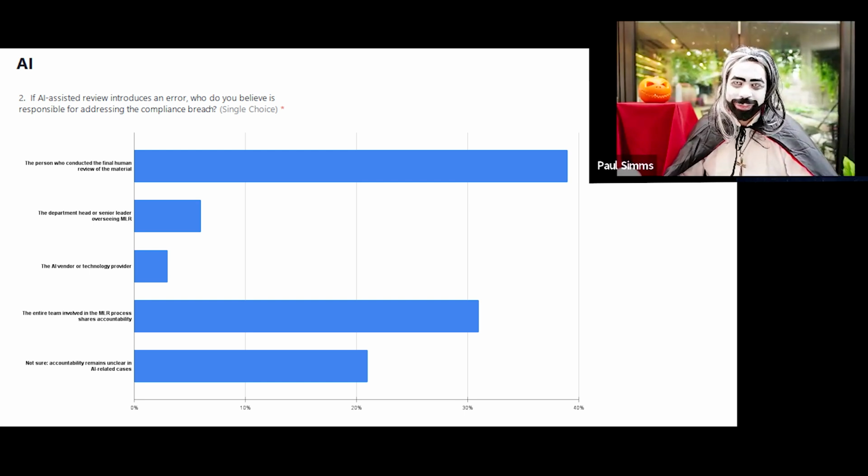Comments from the panel on AI? I'm so sorry, but we're running out of time. You're going to have to be quick. I think it's everybody's responsibility to report any issues with AI because the whole goal is to make AI smarter, right? And so anytime you see an issue, if we report it back to the system or to the person who's controlling the system, it makes AI smarter and it'll be more successful for you in the future. So anybody that notices something wrong should report it back.